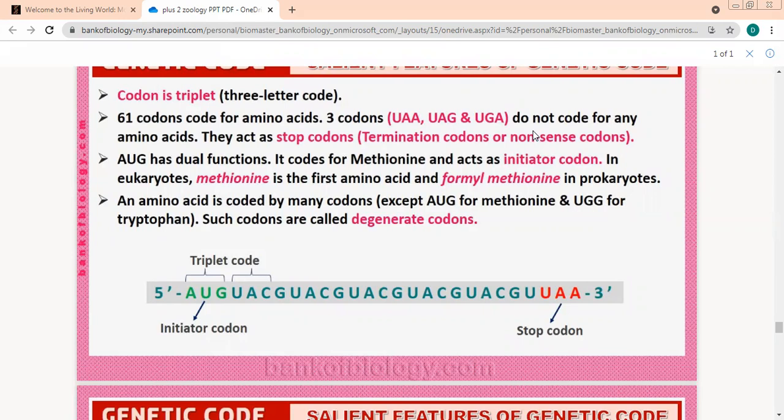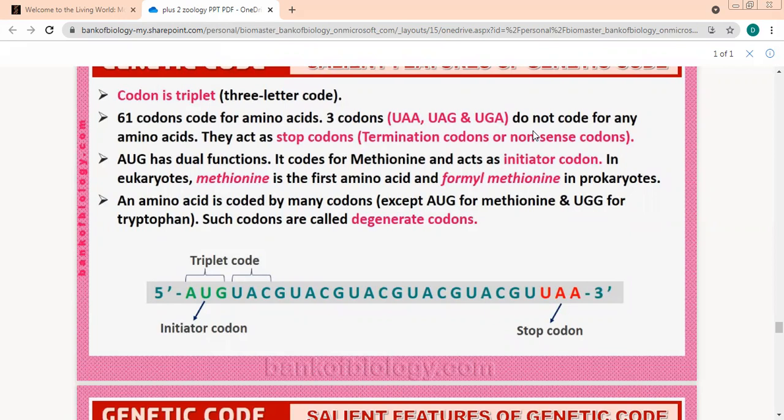We have done UU sequences, AU sequences, CU sequences, and GU sequences. Okay, ask from these. Okay, ask again. AUG. Methionine.